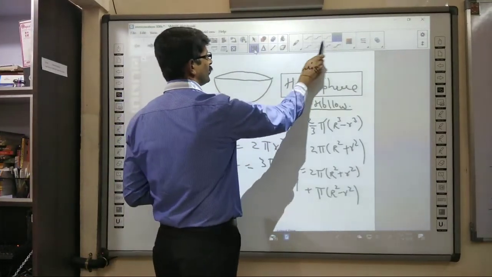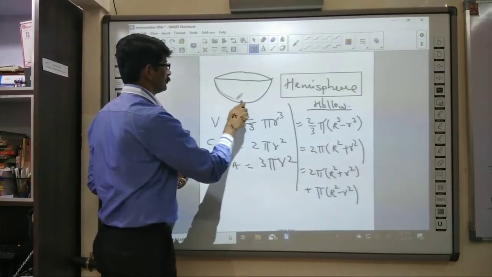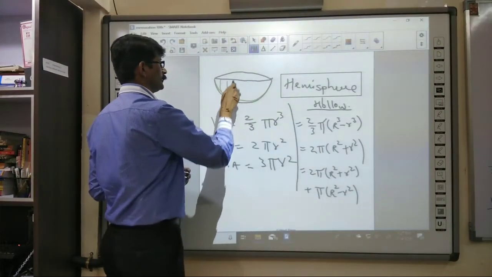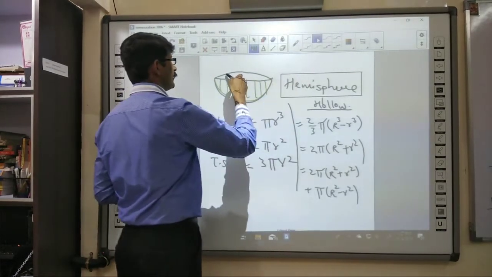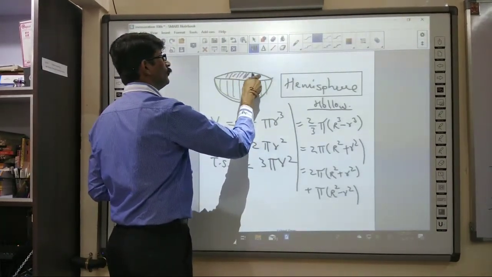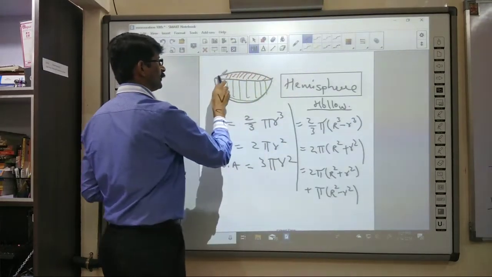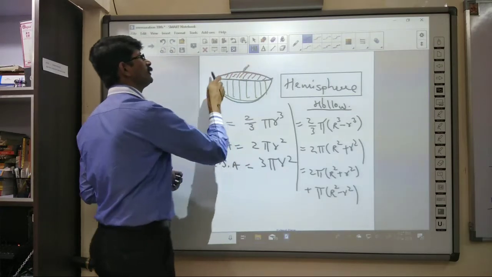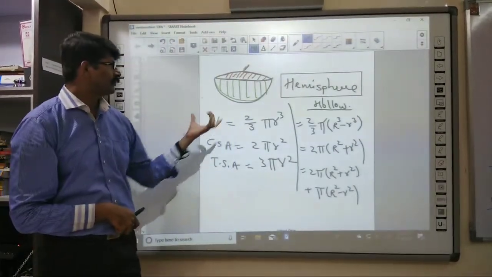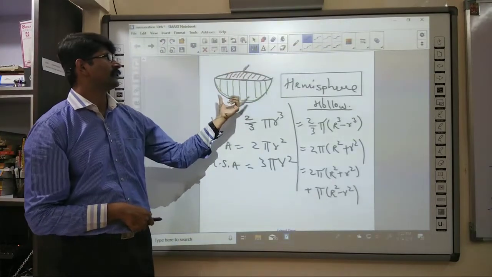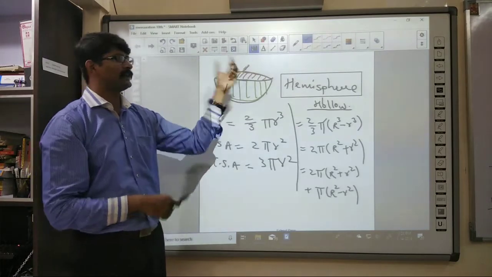This lower portion would be green in color, something like this, isn't it? And the top portion would be red in color, with a little bit of white in the boundary. The white boundary I can't show, so I'm using black. So this watermelon is going to look something like this: the green portion on the outer part and the red